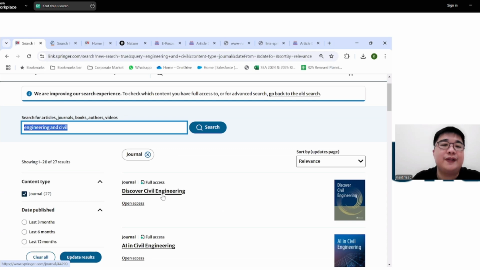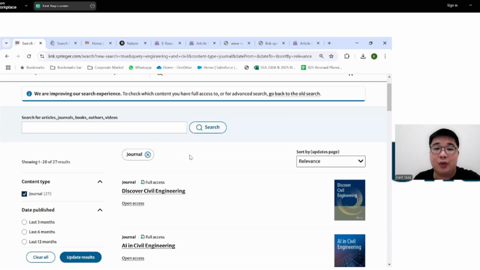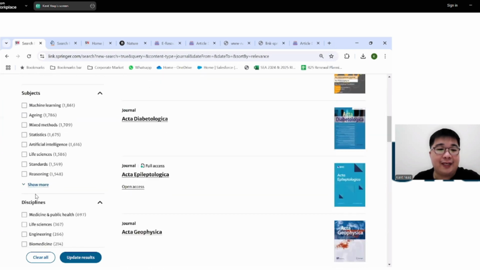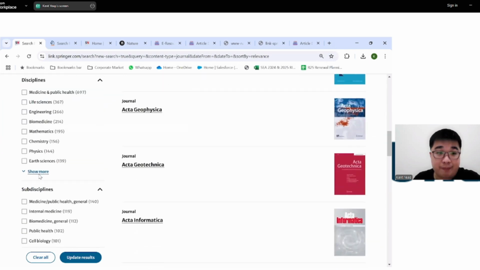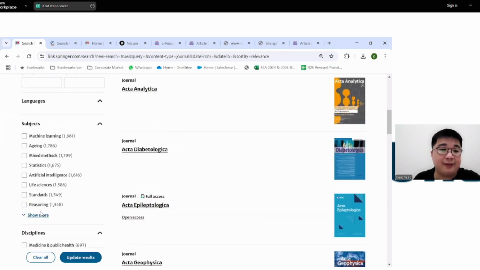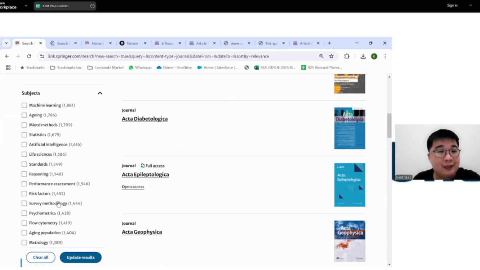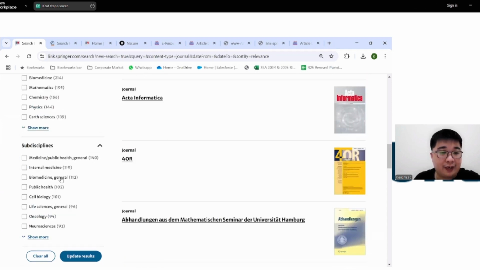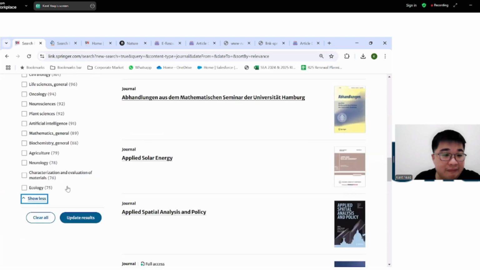But to override this, instead of using the search keyword, just pre-filter journals and then search using the disciplines or the sub-disciplines. The subject matter is probably a lot better. So let's say I'm looking for engineering journals and the sub-discipline is AI.